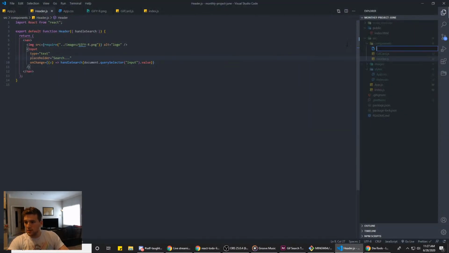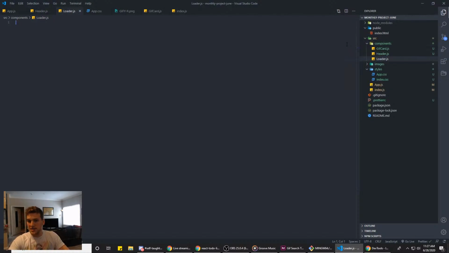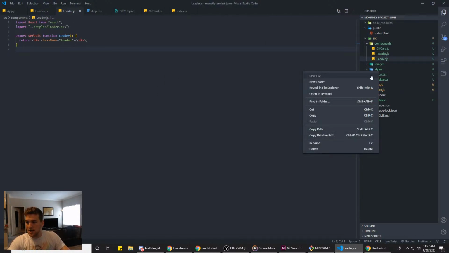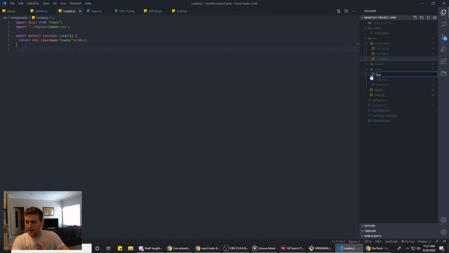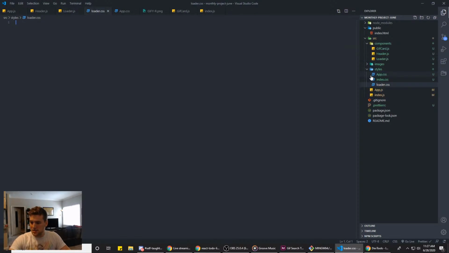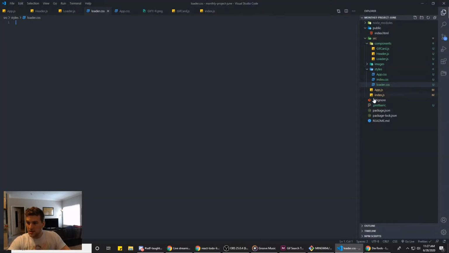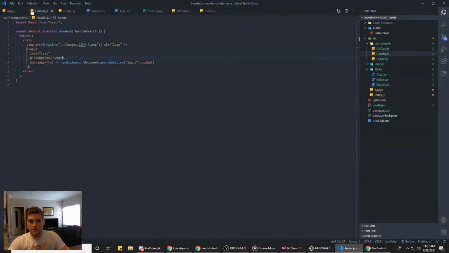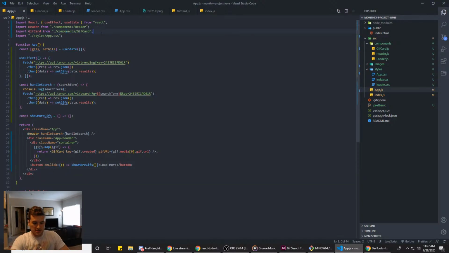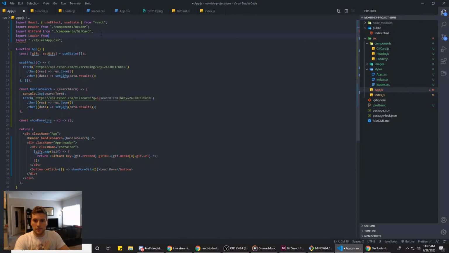We will make a new component called loader.js, add loader, and then in styles, we will make loader.css. Go back here, grab the CSS for it, and then throw that in there, and then we are good. And then we will import loader from /components/loader, and then